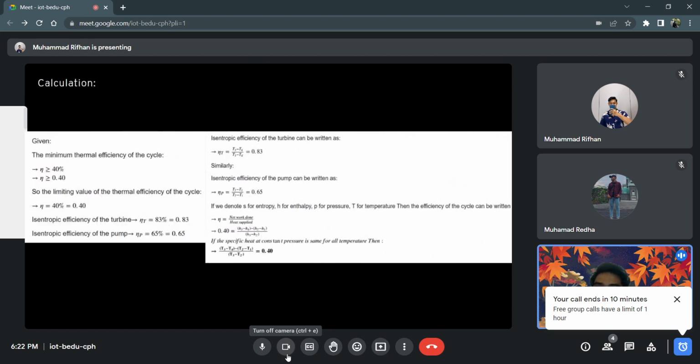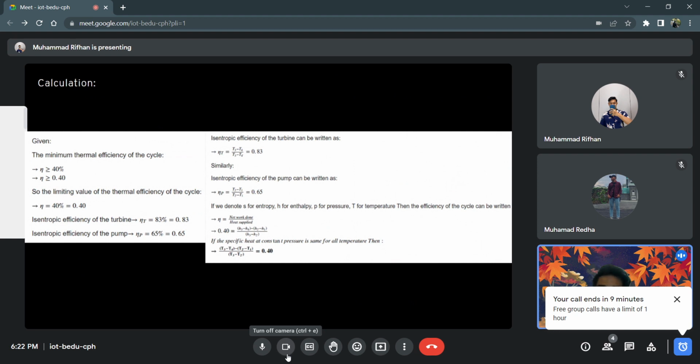alright, so the sample calculation. Given the minimum thermal efficiency of the cycle is 40%, so the thermal efficiency is equal to 0.4, and the isentropic efficiency of the turbine given is 83%, so it is equal to 0.83, and the isentropic efficiency of the pump is 65%,